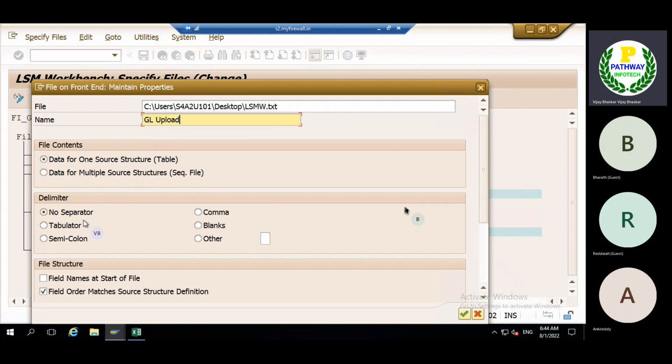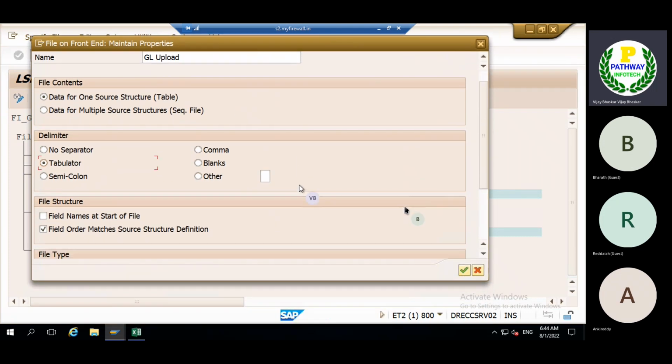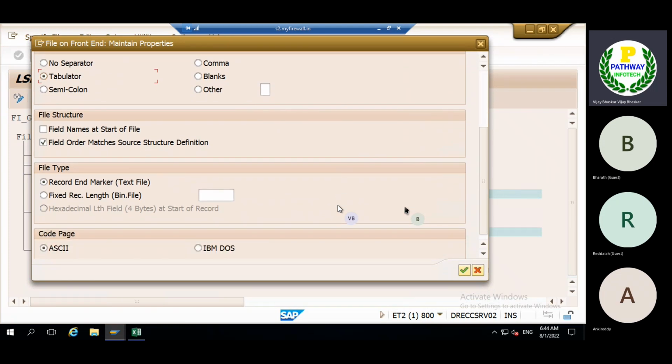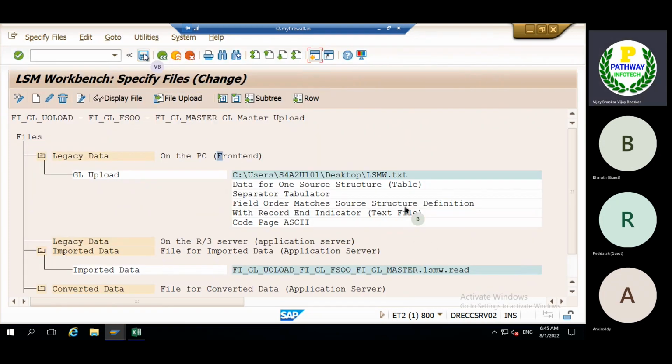Then we need to select the tabular option. Remember this one, we need to select this, then the other fields are common, no need to do anything. Then enter it. Now save.